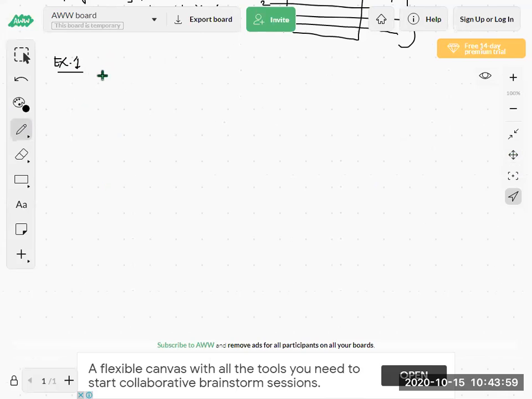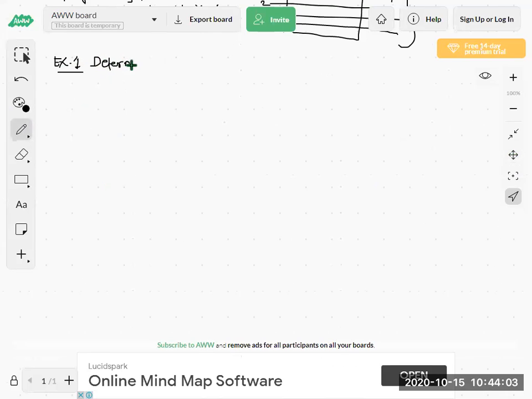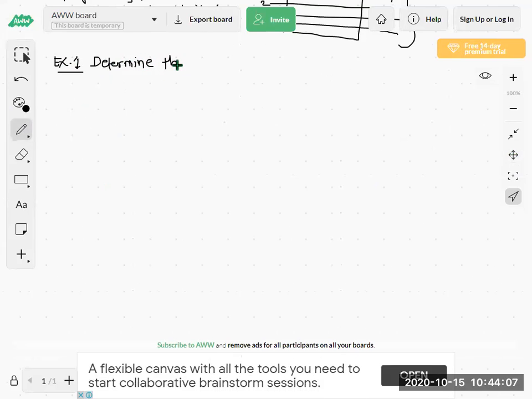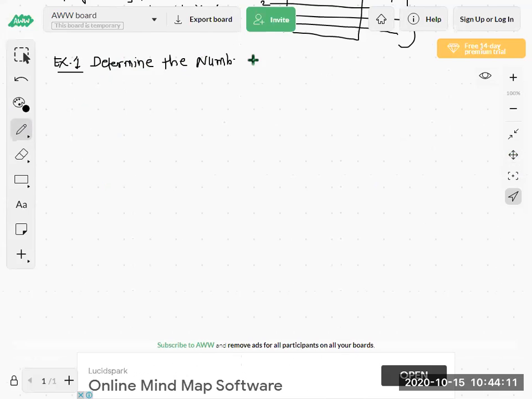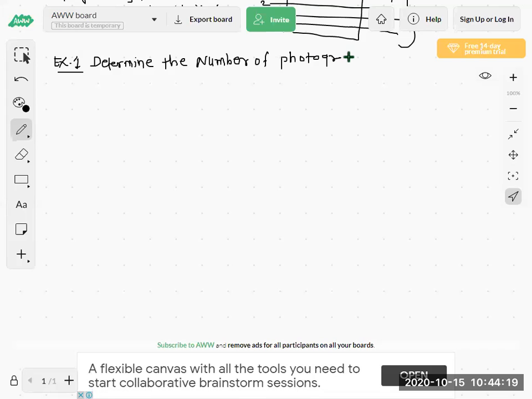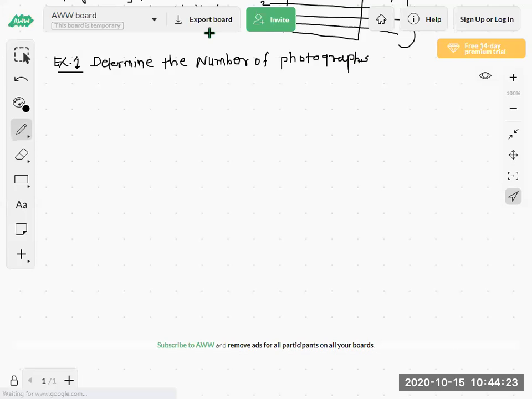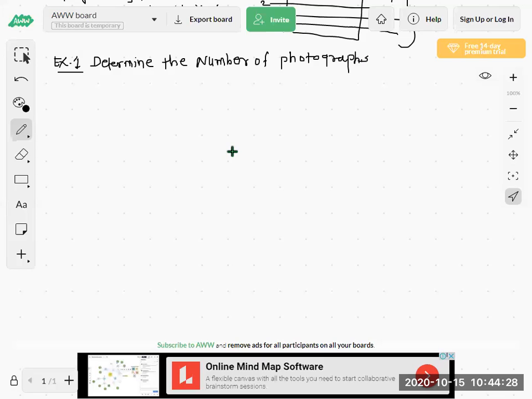Write down: determine the number of photographs required to cover an area, 25 kilometer by 20 kilometer,